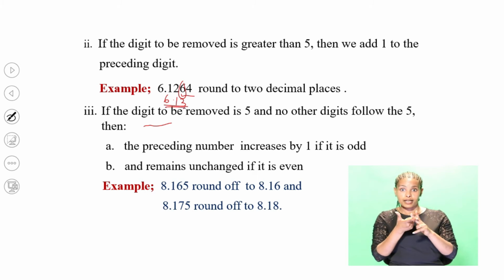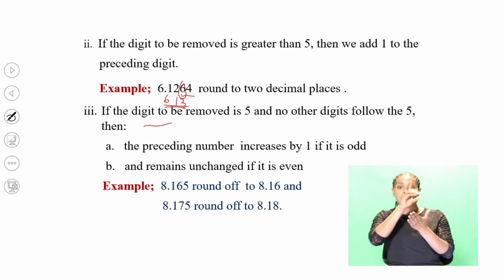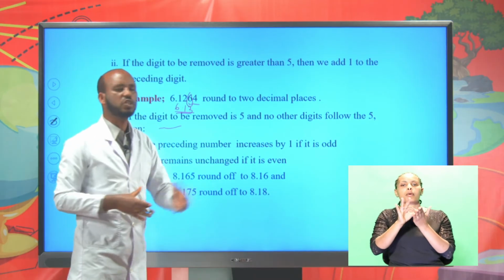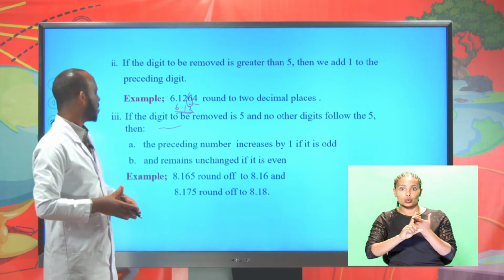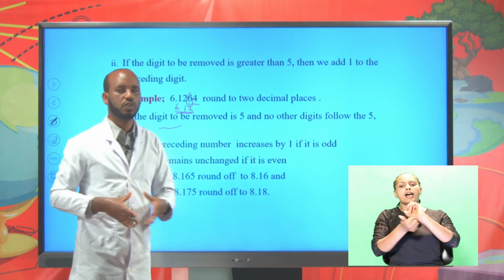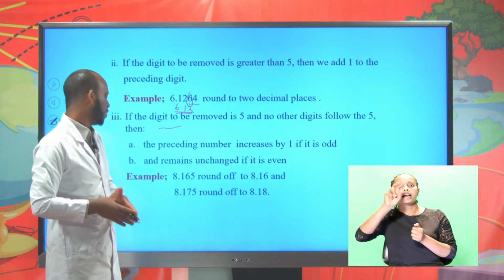3. If the digit to be removed is 5 and no other digits follow the 5, then the preceding number is 1. Increased by 1 if it is odd. 2. Remains unchanged if it is even. For example,